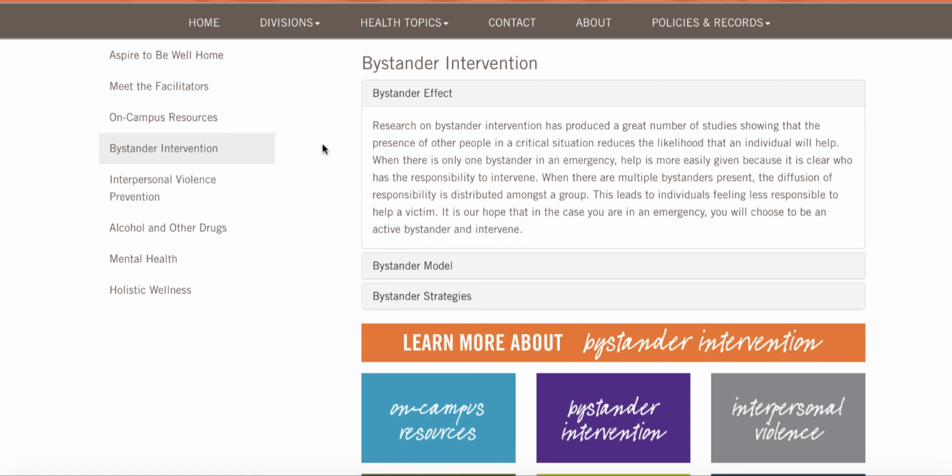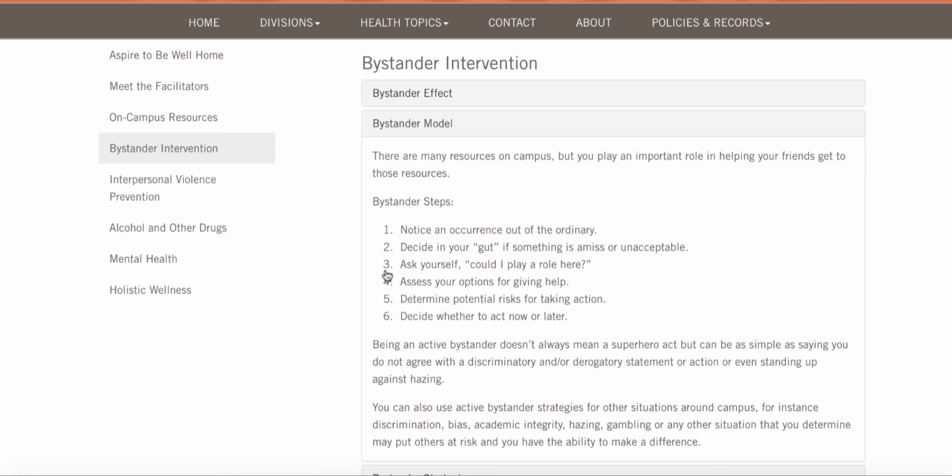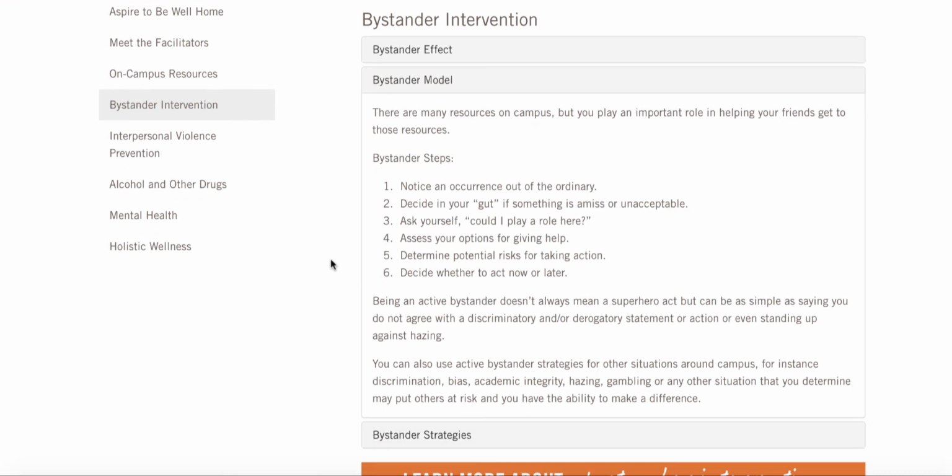You're maybe thinking, I have a class to get to, the person behind me will stop and help them. But the person behind you is thinking, oh, I have to get to the library, the person behind me will help, and no one actually steps in to help in that situation. So that's why we want to highlight what the bystander effect is, so that you can combat that and actually be the person who steps in and helps. If you're ever in a situation where you might be a bystander, there's actually a bystander model you can follow to help you figure out what to do and what kind of help this person may need, whatever situation it might be.